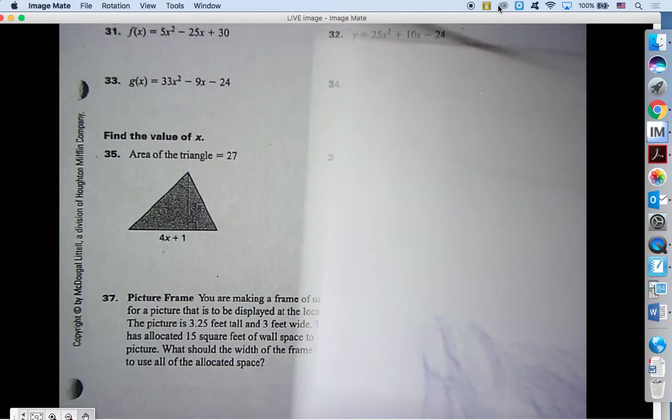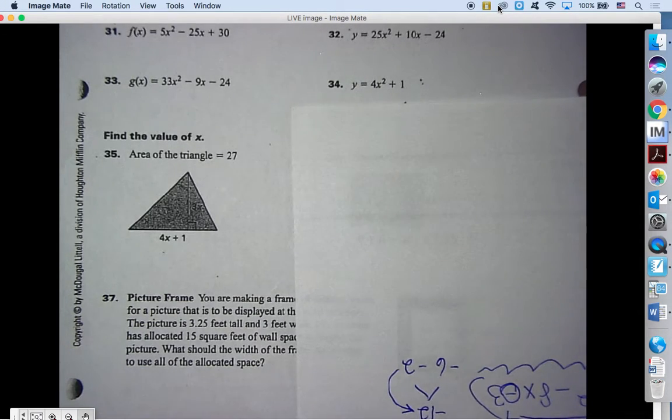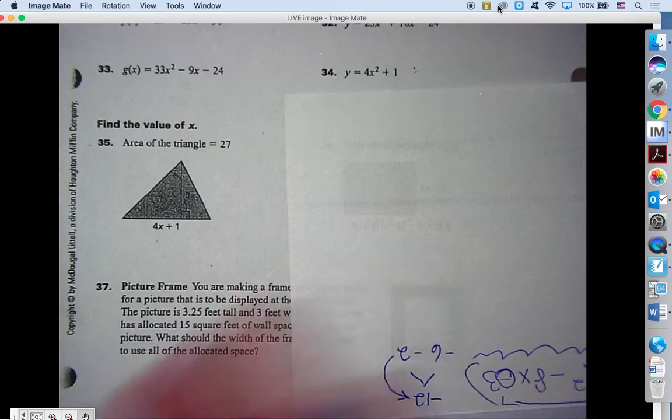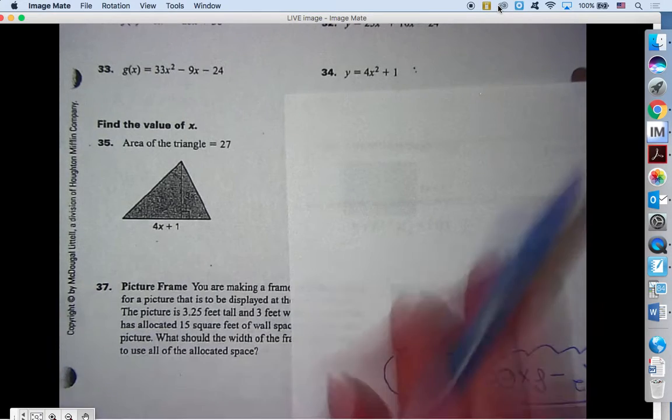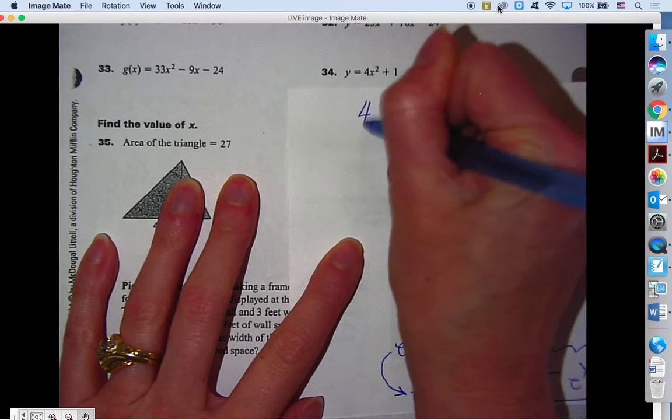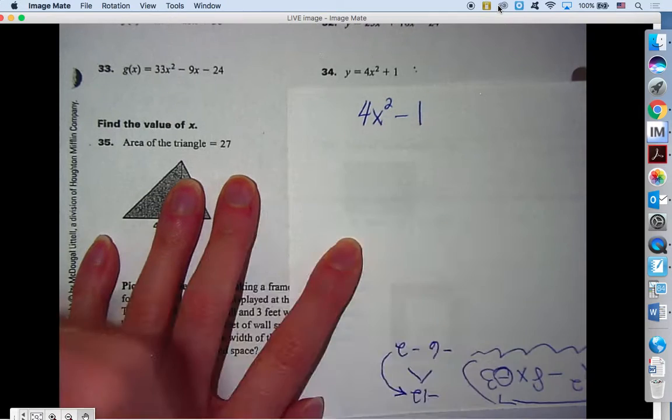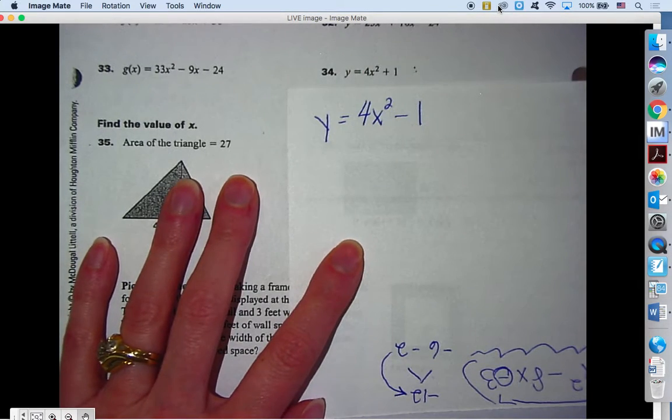why isn't 34 factorable? I thought it was. They are perfect squares because you can take the square root of 4, you can take the square root of 1. Brandon? Because for the perfect square binomial to work, it has to be a 4x squared minus 1 instead of a plus 1. Because if you try to do it as 2x plus 1 times 2x plus 1, you will get regular x values in the middle,